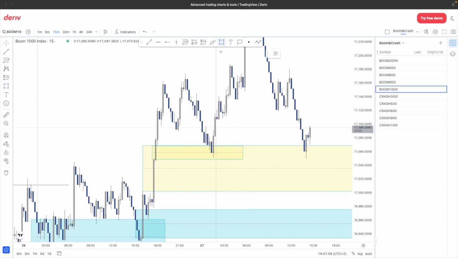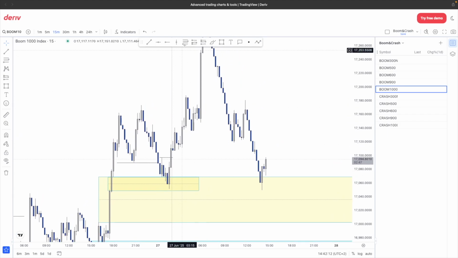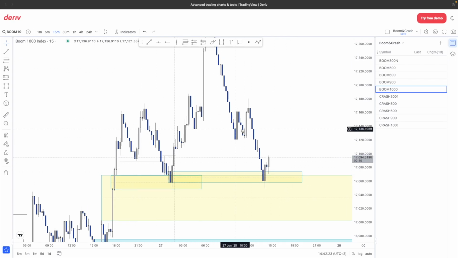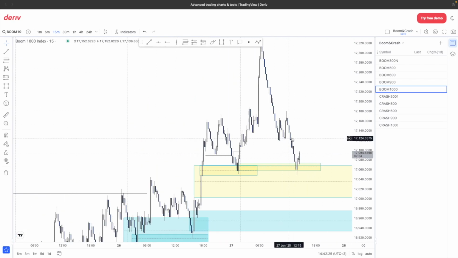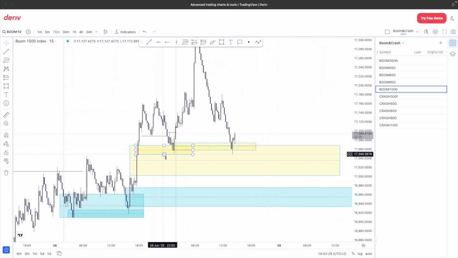We had a market structure shift right over here. We had a liquidity sweep right over here. We had a big push up. Price retraced all the way now to our fair value gap and is currently inside of an order block right over there. So of everything that we teach on the channel and using the strategies, this indicator is going to